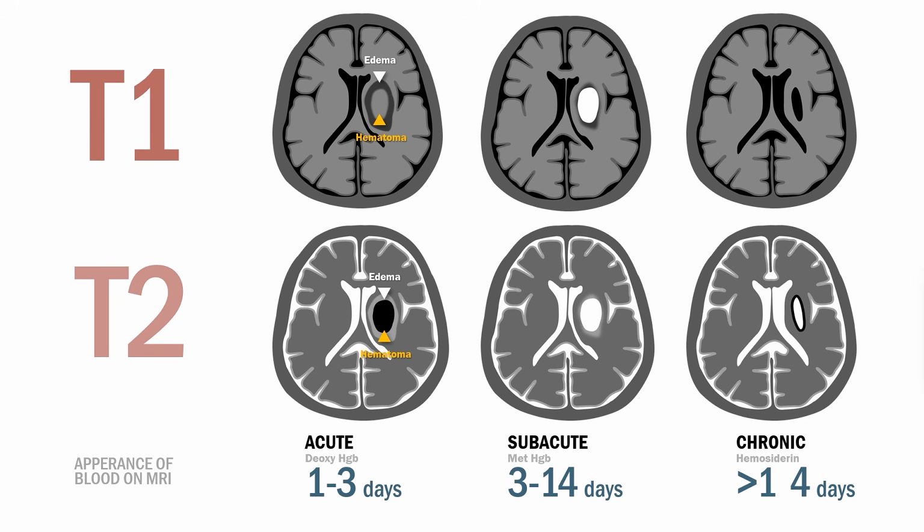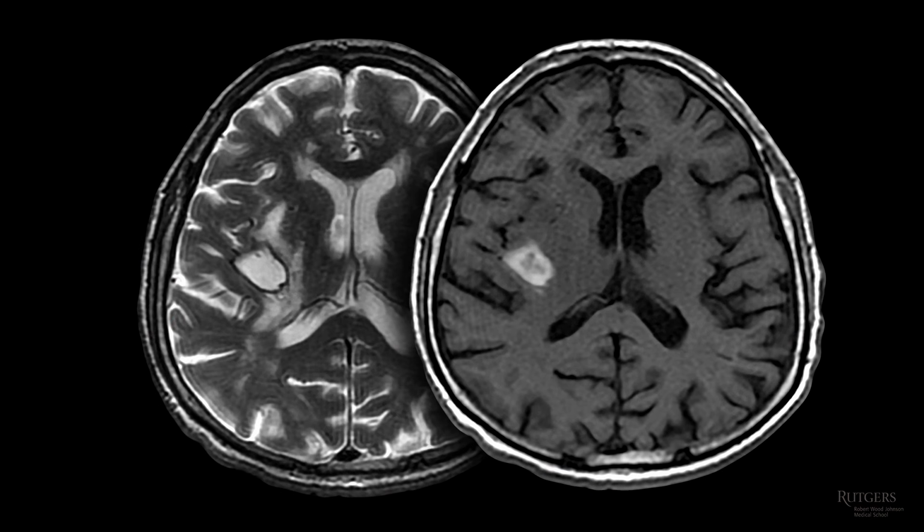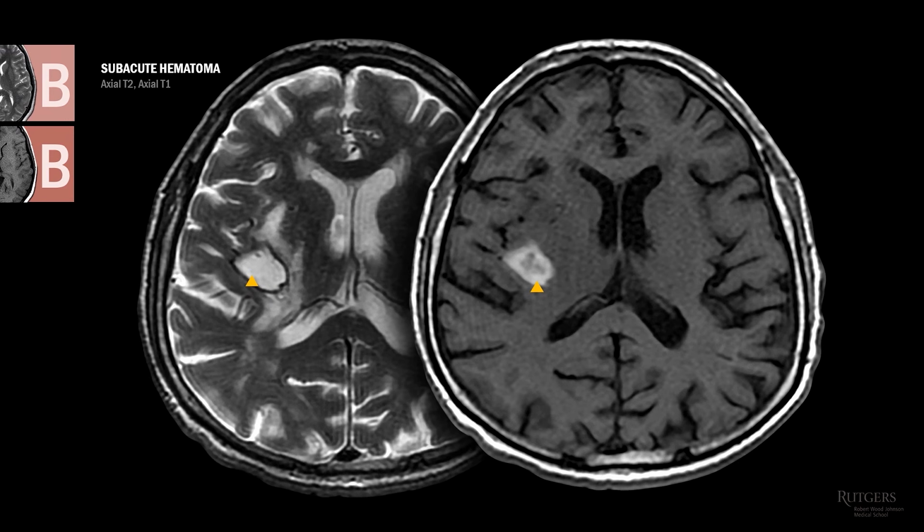It sort of looks as if the brain has been stabbed, and there's usually a rim of hypointense signal on T2 representing the rim of hemosiderin, which is like a fingerprint left by the chronic hemorrhage. So, what's the stage of this hematoma? Right, it's late subacute stage, about 3 to 14 days. Both T1 and T2 are bright.